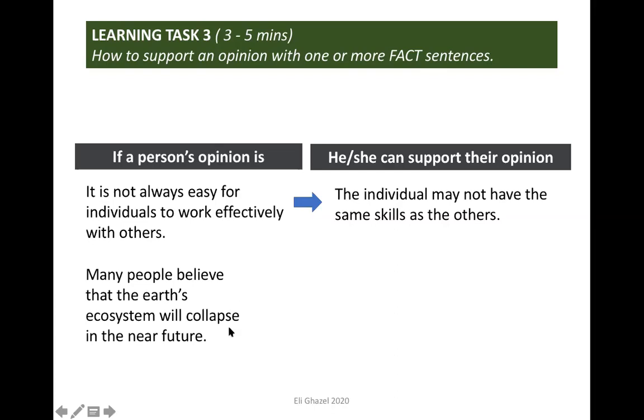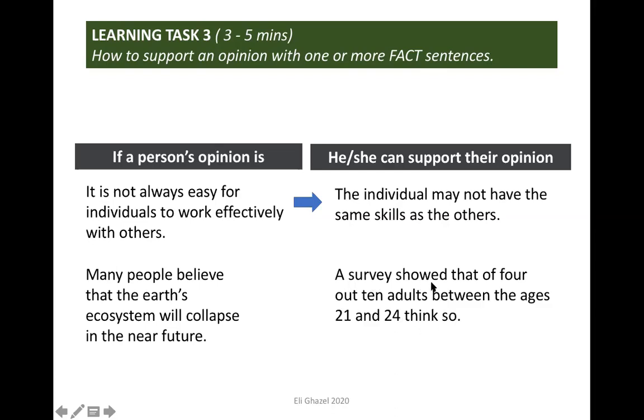Let's look at another one. Many people believe that the Earth's ecosystem will collapse in the near future. Do you see why I made them read the whole passage to find the fact and opinion previously? Because this sentence was there. Now, if your students are of lower level, you might choose an easier sentence or make an easier one. So, many people believe that the Earth's ecosystem will collapse in the near future. I might say, I don't think many people believe that, so it's a person's opinion. You can contest that. So the person who said this needs to support it with a fact. A survey showed that